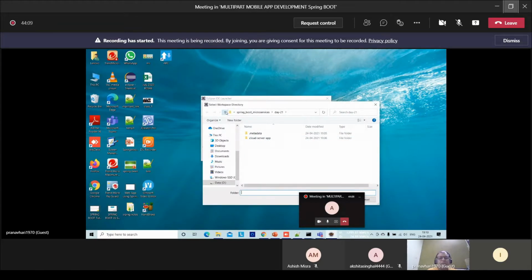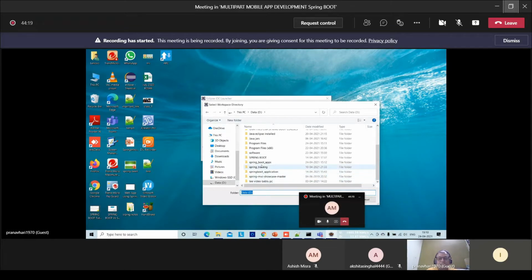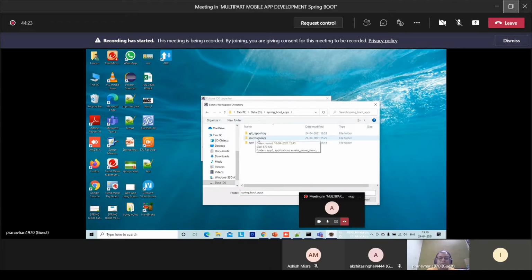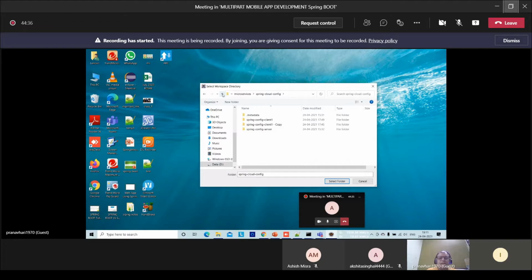Browse. Let me show you. Sometimes when we get stuck, it is a bit irritating, so don't worry. A Spring Cloud config, and we have a Spring Cloud config.